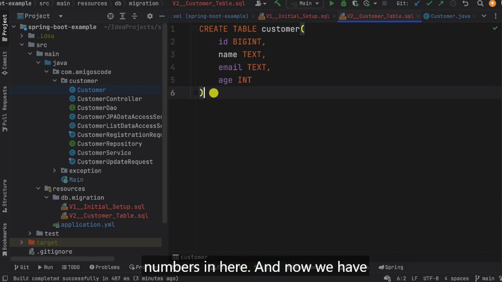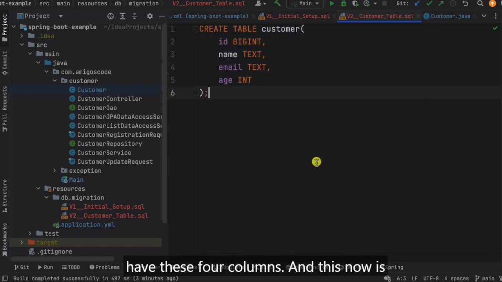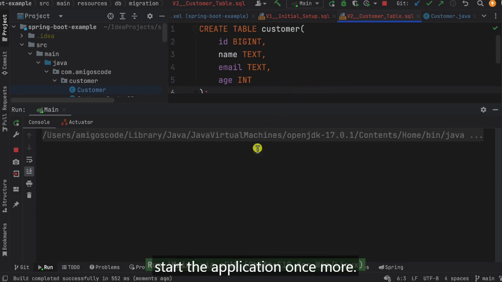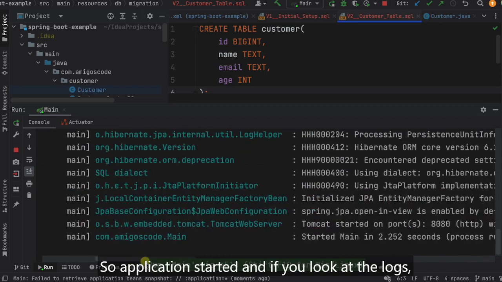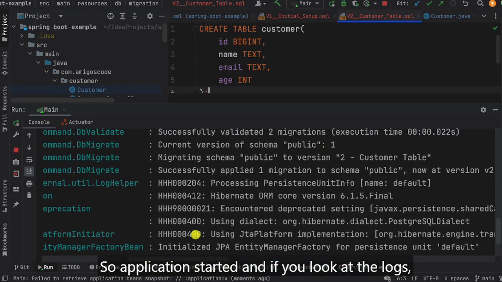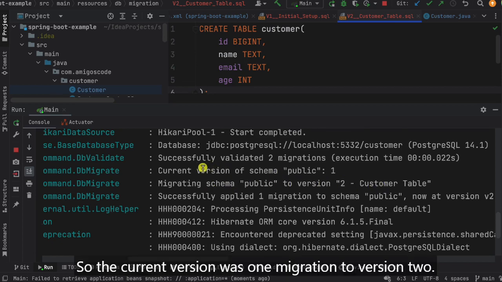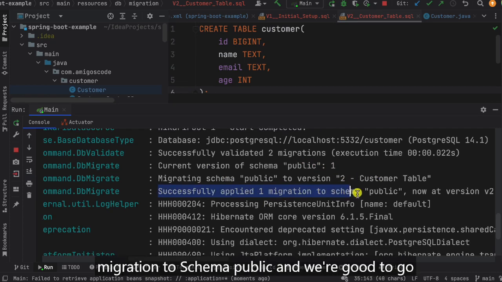And now we have our customer table in here, and we have these 4 columns. And this now is under version 2. So let's now start the application once more. And you can see that this time it worked. So application started, and if you look at the logs, migrating schema public to version 2. So the current version was 1, migrating to version 2, customer table, successfully applied 1 migration to schema public, and